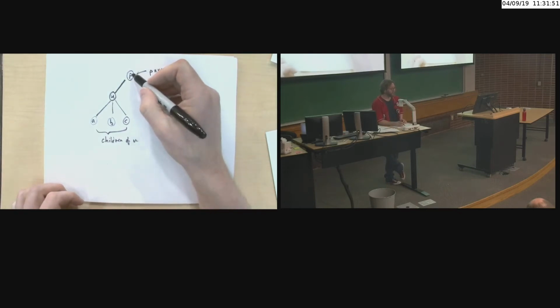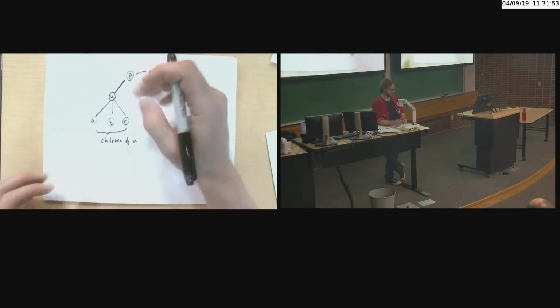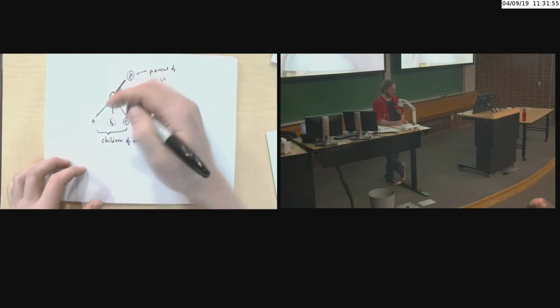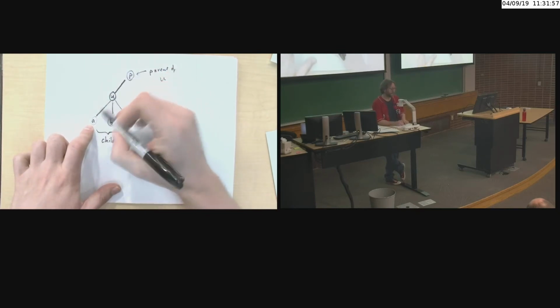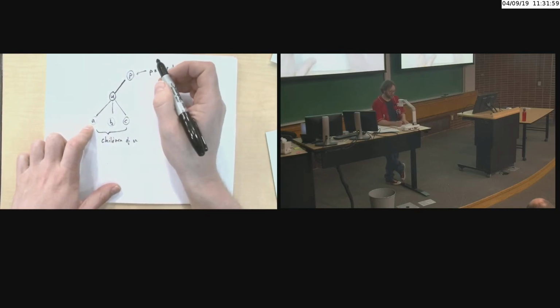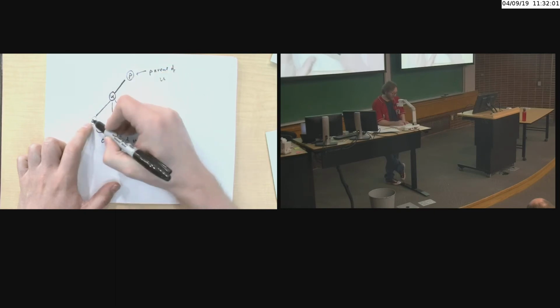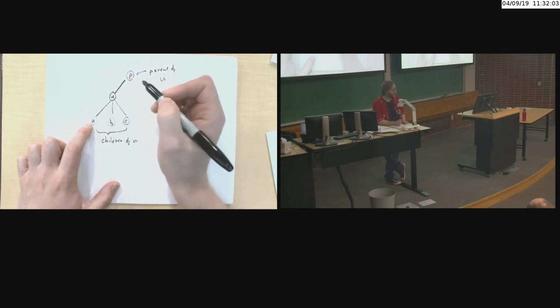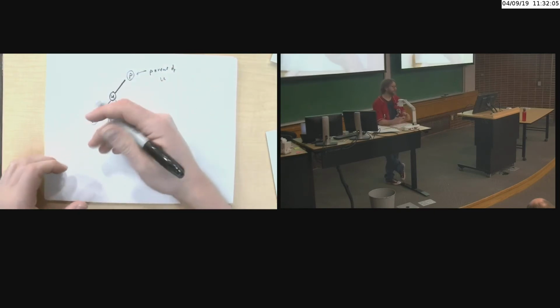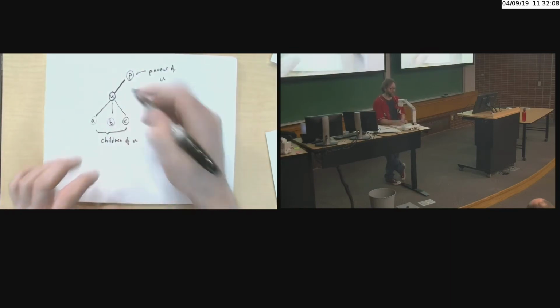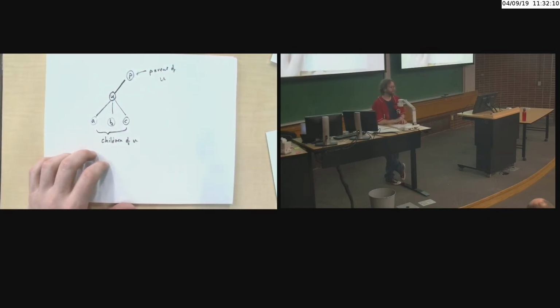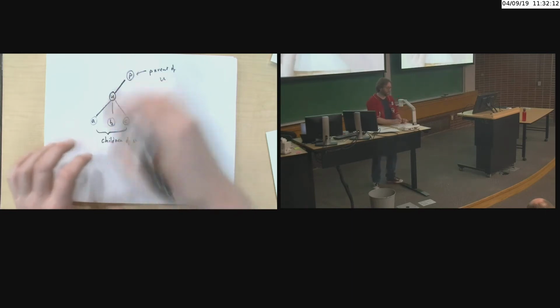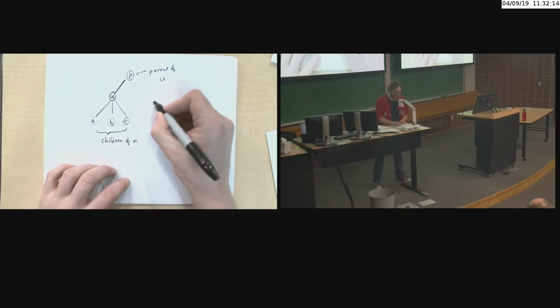Now you can use other terminology. You can talk about cousins. You can talk about P is A's grandparent, if you want to talk about it like that. Or A is P's grandchild, if you want to talk about that. Great grandchildren, great grandparents, et cetera, et cetera. But we're only going to focus on the most immediate things here. Right? So given this terminology here, a leaf